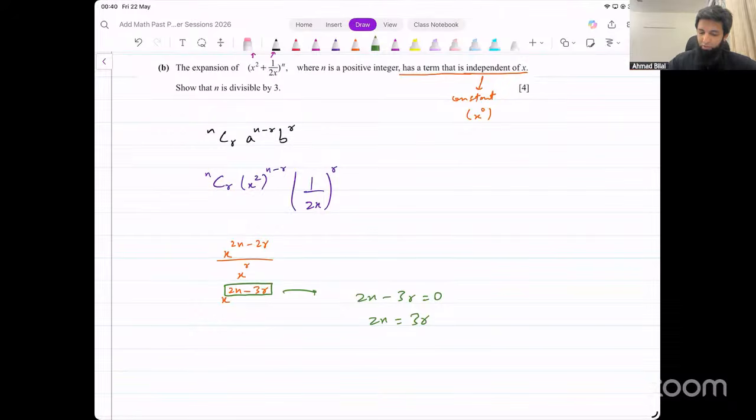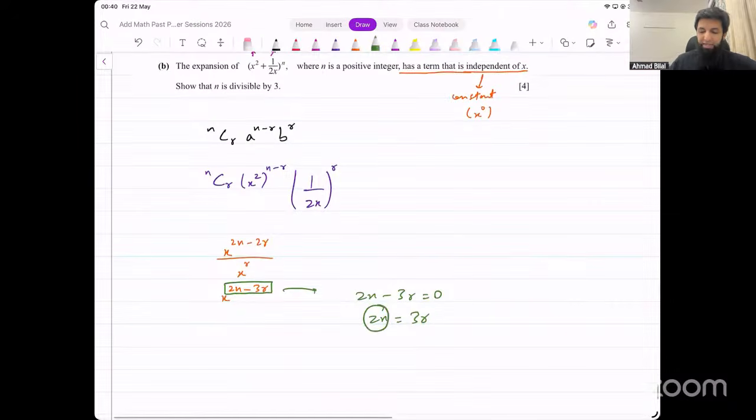So for now, what we know is 2n is divisible by 3, right? Because it is 3 times something. So this thing is a multiple of 3, and 2n is a multiple of 3. That is something that we can clearly see here. Can we be sure that n is also a multiple of 3? If 2n is a multiple of 3, then n must also be a